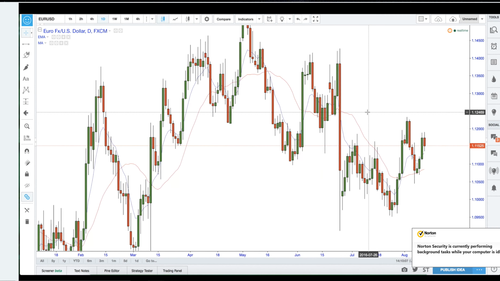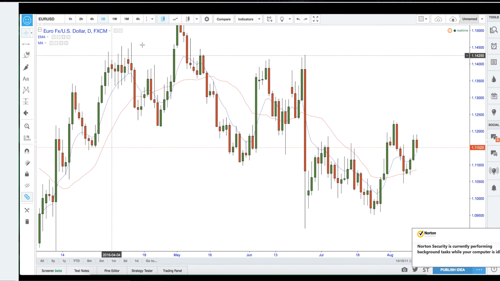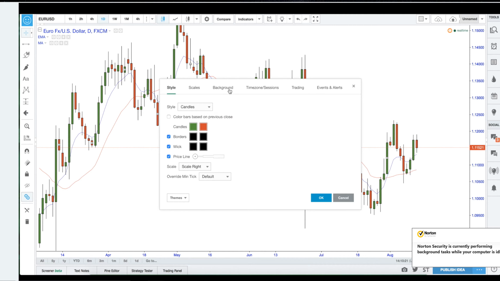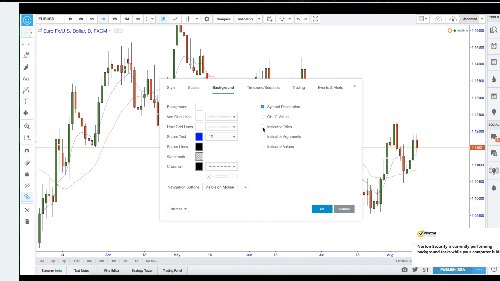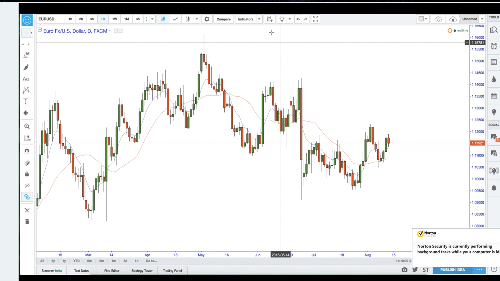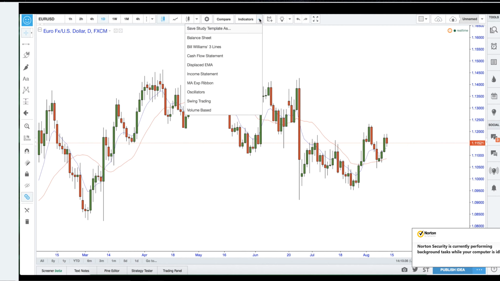There we go. So that's the moving average setup. Now, if you don't like all of this in the corner, you want to keep it really, really clean, don't go ahead and click the X because it'll actually delete the moving averages. If you go to properties and we go back to background and then simply go remove, uncheck the box indicated titles, okay. Last but not least with this, what we want to do is we want to save these moving averages as a preset.